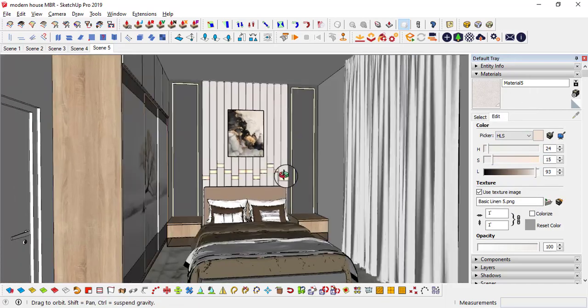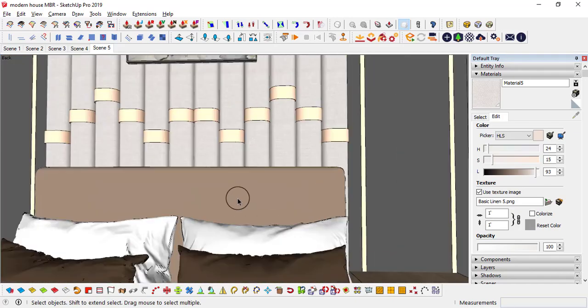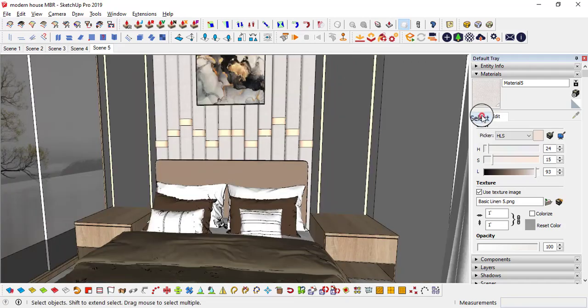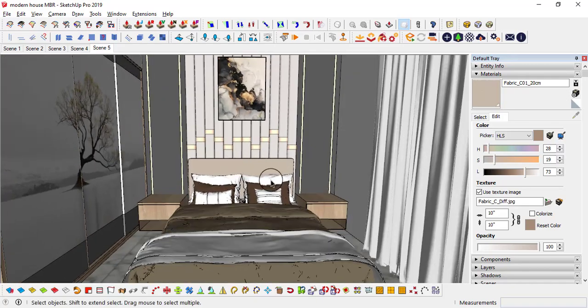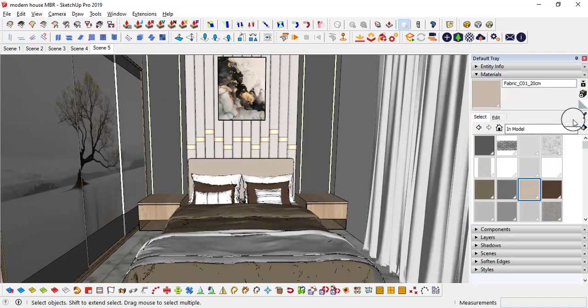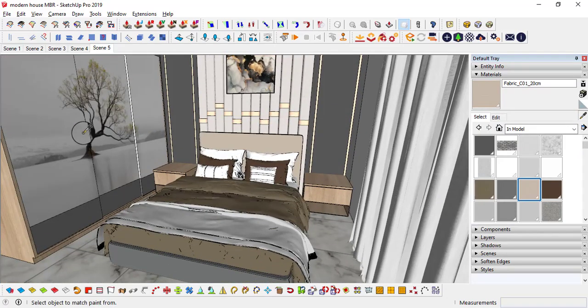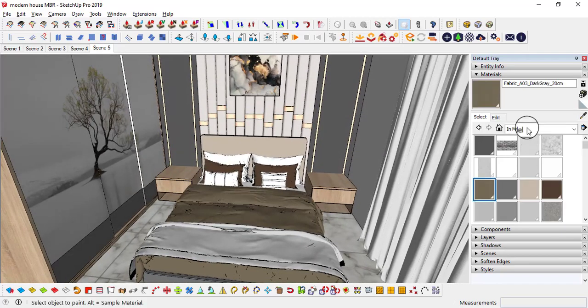That's it. Okay, probably it is a light color and it is a dark color, so I can use this. These pillows are also matching with it, so first of all I will adjust a little bit more dullness. I am trying to match the scene. And this one is greenish, probably it may match here or not.